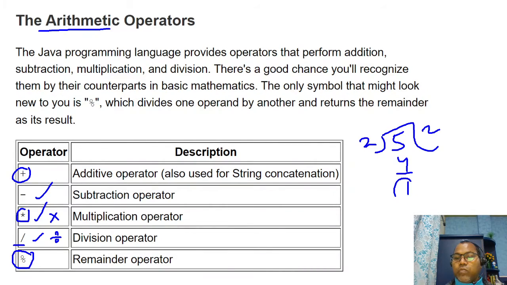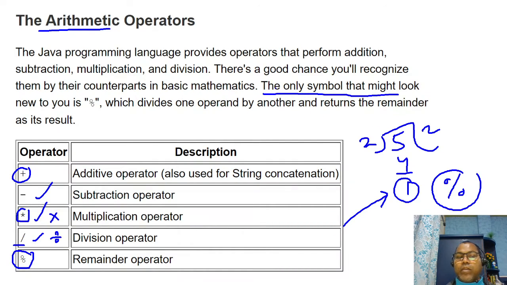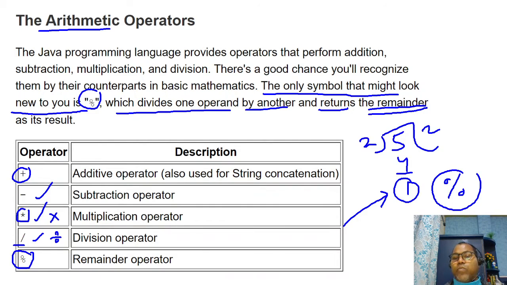So 1 is your modulo. This is the only symbol you might need to learn. The modulo operator divides one operand by another, and the result is the remainder.